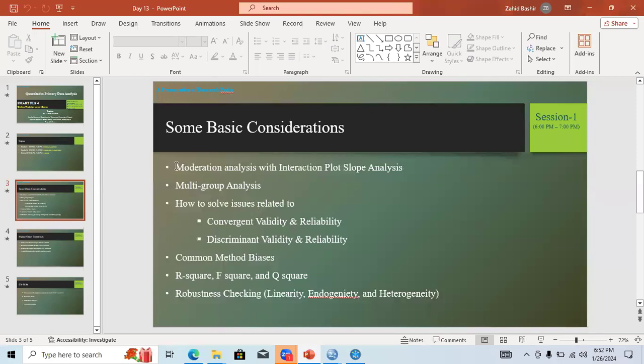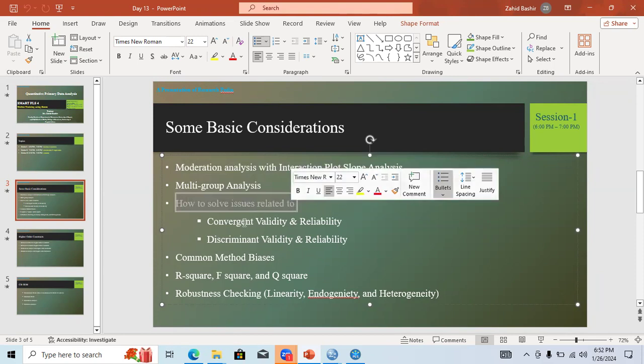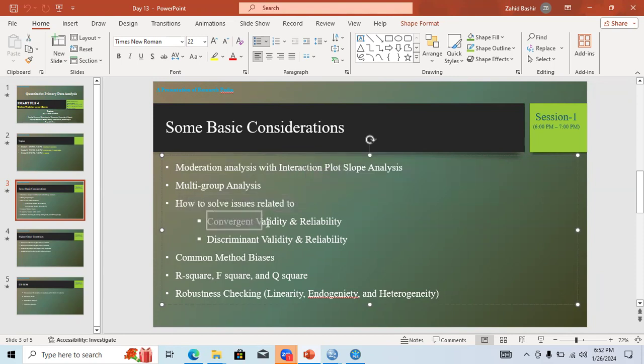Here, the first thing I would like to let you know is moderation analysis with interaction plots. First, I will let you know how to consider interaction plot slope analysis using SmartPLS, and then I will let you know the multi-group analysis. Then after this, I will let you know how to resolve the issues if some issue is found in convergent validity